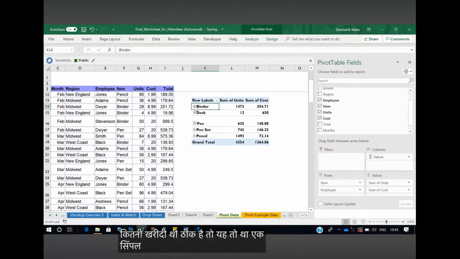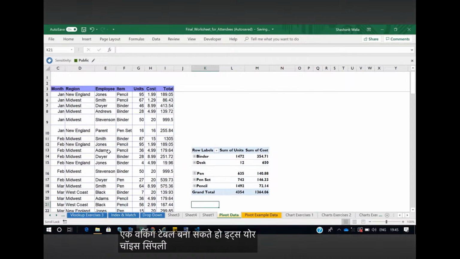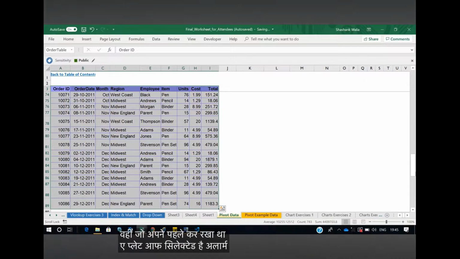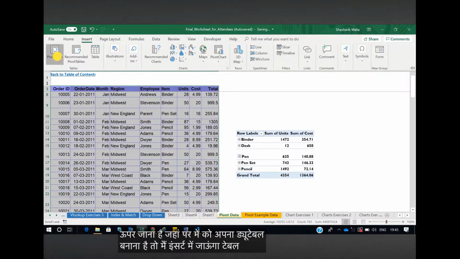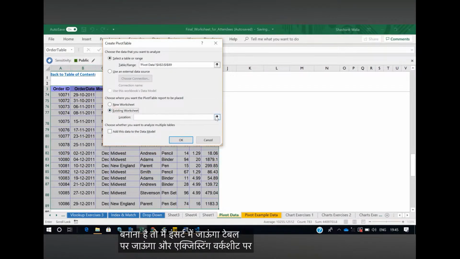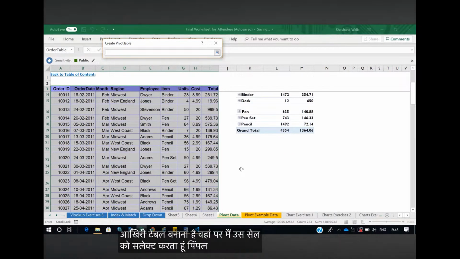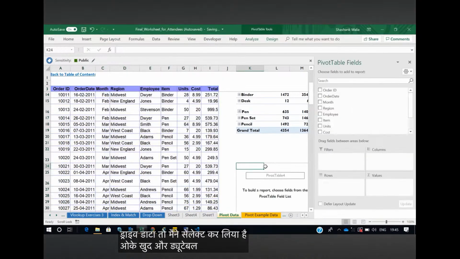तो ये तो था एक सिंपल पिवट टेबल। इसके बाद अगर आप चाहो तो एक और पिवट टेबल बना सकते हो, इट्स योर चॉइस। सिंपली आपको डेटा सिलेक्ट करना है, वही जो आपने पहले कर रखा था। डेटा सिलेक्टेड है ना, मेरे को थोड़ा सा ऊपर जाना है जहाँ पे मेरे को अपना पिवट टेबल बनाना है। तो मैं इंसर्ट पे जाऊँगा, पिवट टेबल पे जाऊँगा और एग्जिस्टिंग वर्कशीट पे सिलेक्ट करूँगा और जहाँ पे मेरे को अपना पिवट टेबल बनाना है वहाँ पे मैं उस सेल को सिलेक्ट करता हूँ। फॉर एग्जांपल दिस इज द सेल वेयर आई वांट डेटा, तो मैंने सिलेक्ट कर लिया है, ओके।